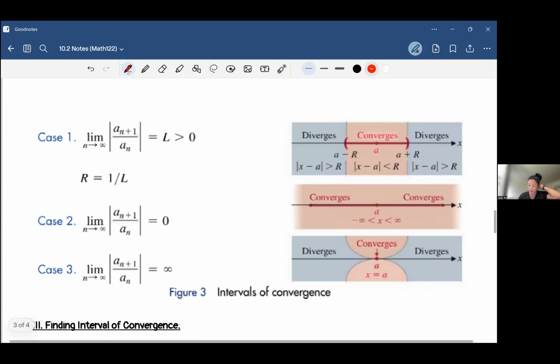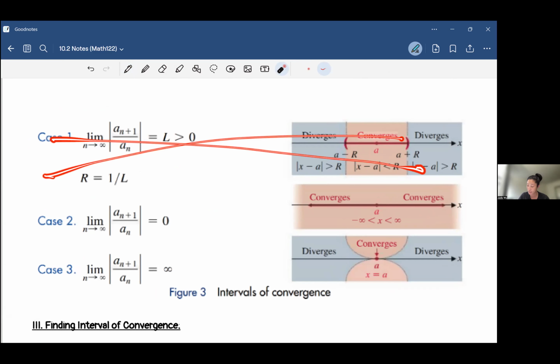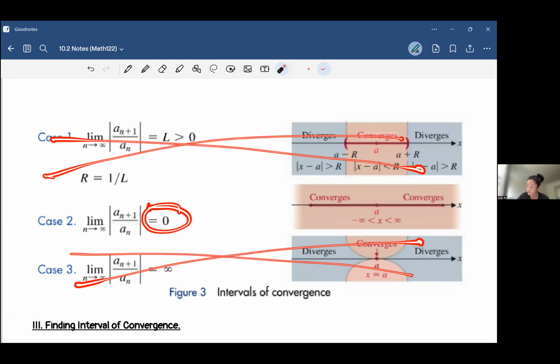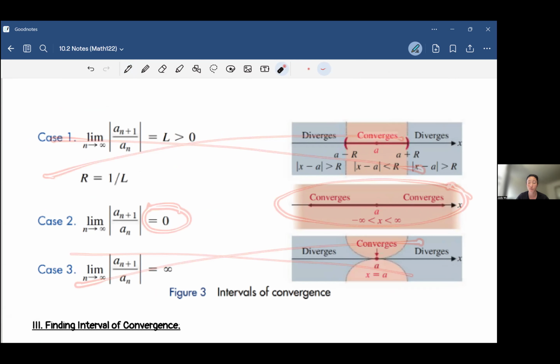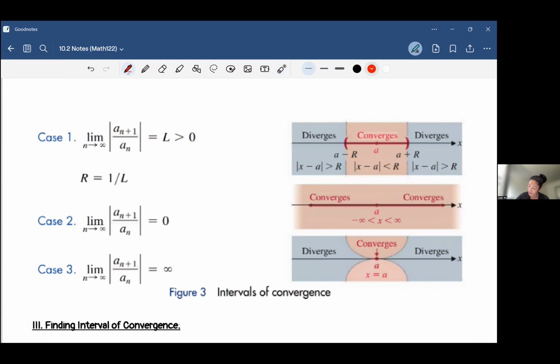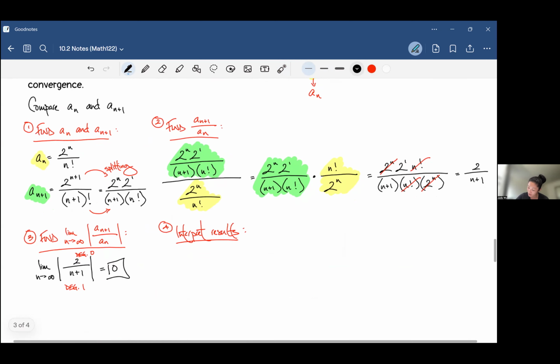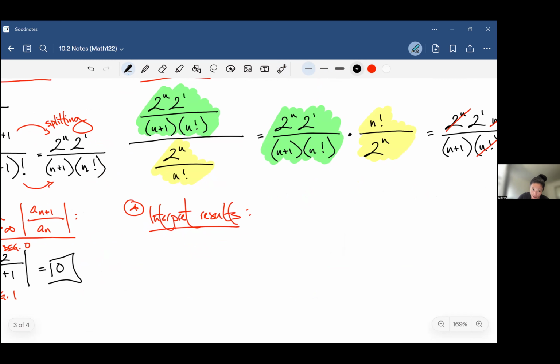Okay, our cases. We have case 1. Did we get a number that wasn't equal to 0? Well, no, because we got 0. So it's not case 1. And we didn't get infinity, so it's not case 3. We got 0. So what that means is that my Taylor series converges everywhere. Okay? So when we go down to interpret our results, we're going to write that